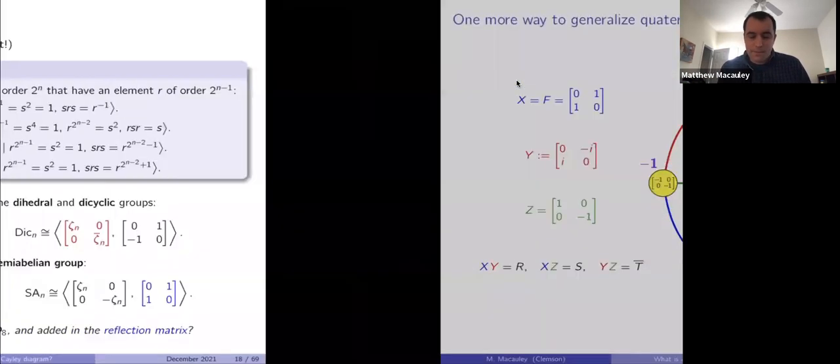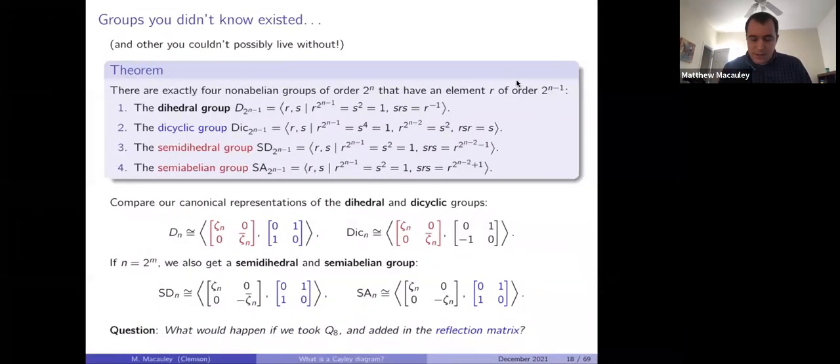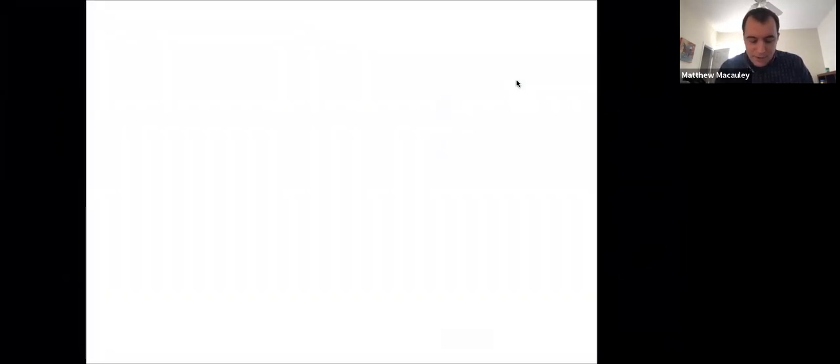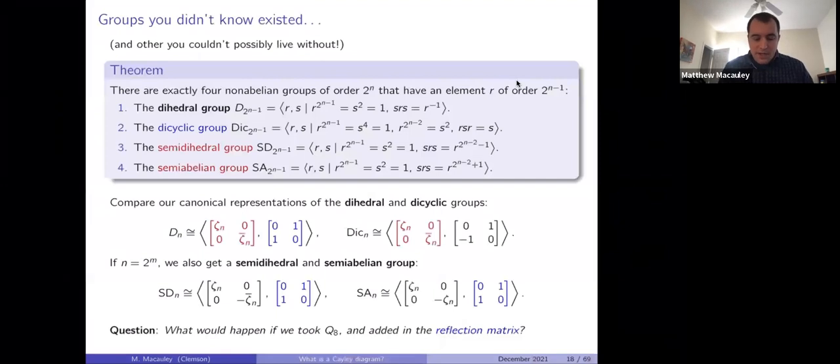Now, I guess I spoiled what's coming next, but there are other groups we can construct like this that are typically not done because the presentations are terrible. And one of them that I'm going to show you is this polygroup, which, how do you motivate that group without any visuals? It's not easy. So I don't think it's even really possible. So now here's the dihedral group. No, sorry. Let's take the